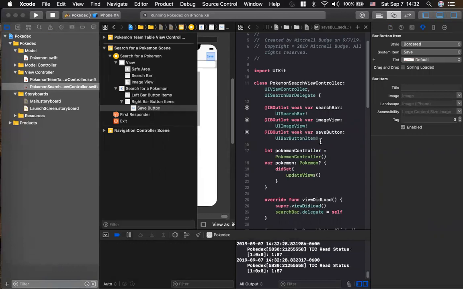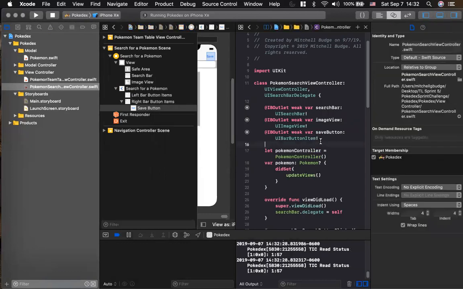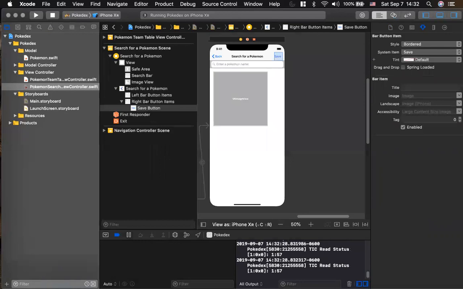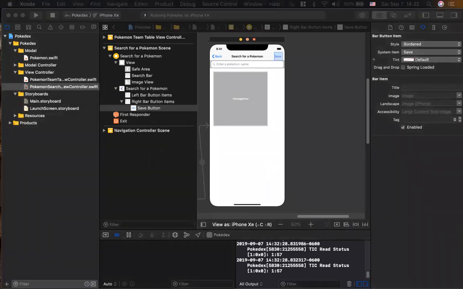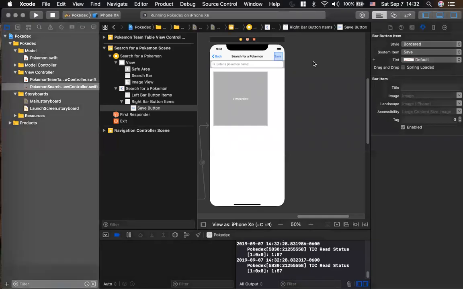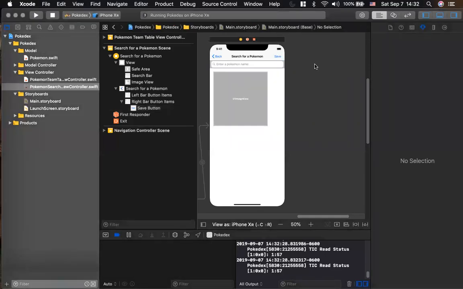There we go. So make an outlet from the save button into that file as well. Okay, so I will show you guys why we're going to do that very first. Actually, if someone wants to tell me why they think I made an outlet for this, what do you think? We could update it to where it says saved, to where we know it's already saved. Yeah, it already says save, and ideally when they hit the save button, this view will